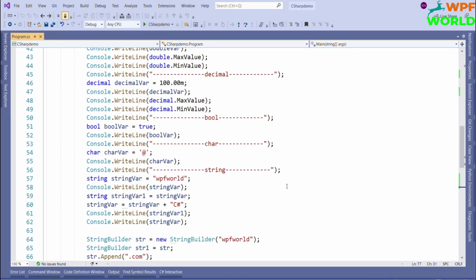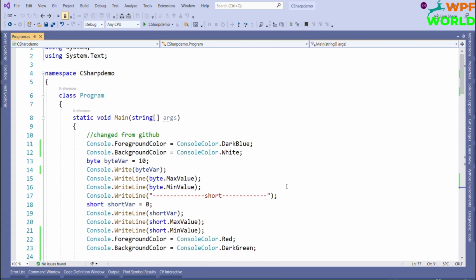Now let's come to comments. How to write a comment in C Sharp? If we want to write a comment in a single line, then we will use double slash. This line of code we have commented. If we comment this, it will not be processed; it will not execute. This is one way of commenting a single line.